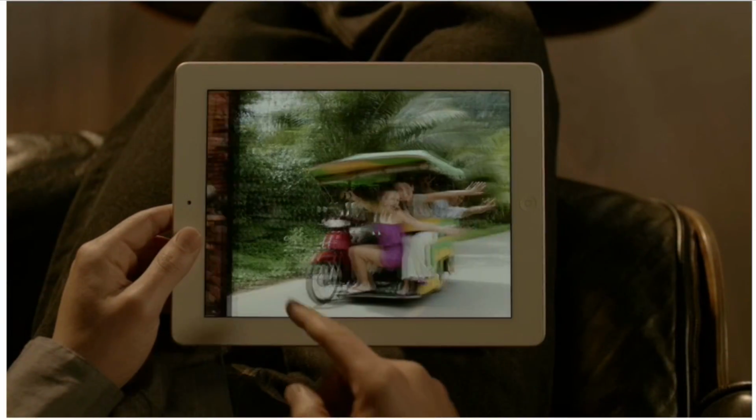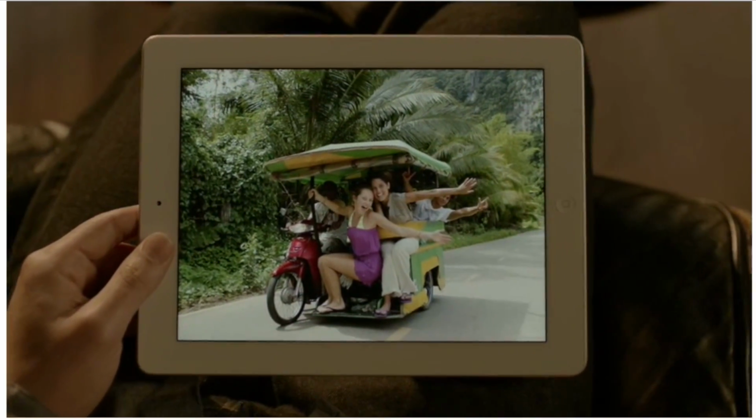What's up guys, this is Mike, the Detroit Borg, and today we're going to take a quick look at the Retina display on the iPad 3 versus the iPad 1 and 2, specifically the second generation, although iPad 1 had